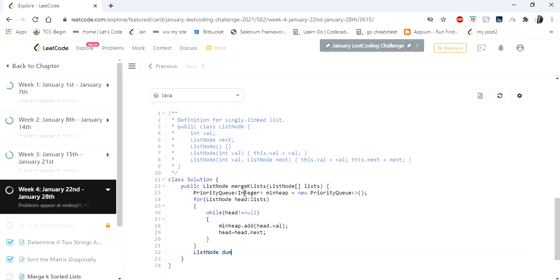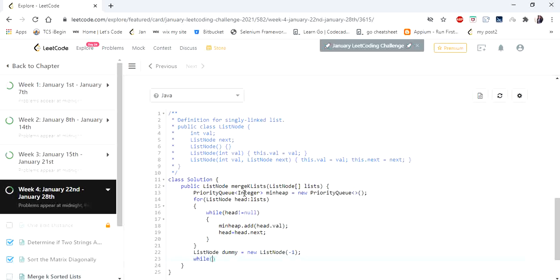And now I'm going to declare a dummy list node, which is just a pointer. I'm going to create a node of value -1 because it is a dummy, we are not going to use it.